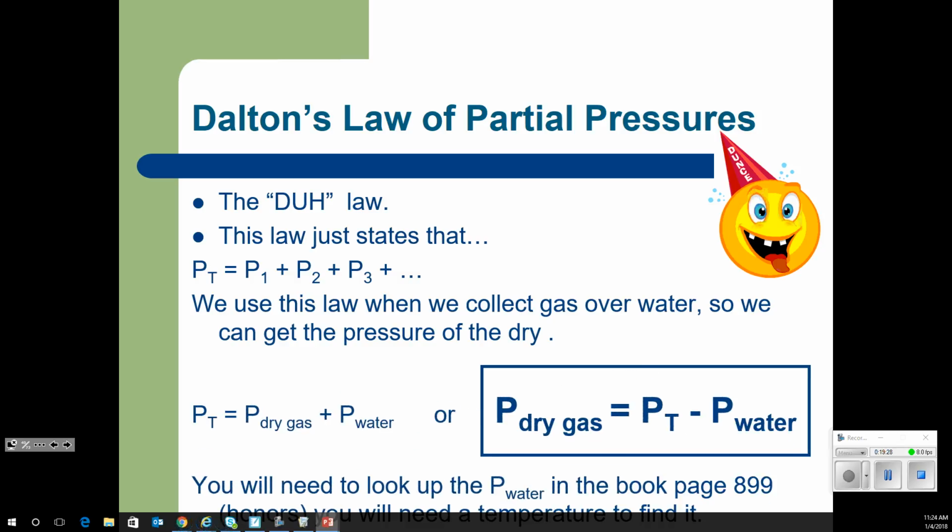We use it to find the pressure of the dry gas, because in order to capture gas, we have to bubble it through water. And when we bubble it through water, some of that water turns into water vapor and becomes water gas. And so we have to subtract that gas off the top of the total pressure in the room to figure out the pressure of the dry gas in order to be able to do our